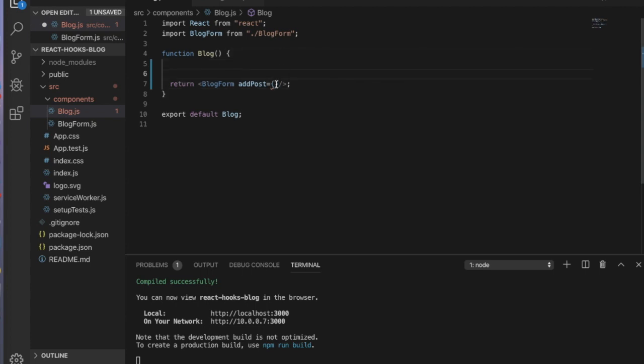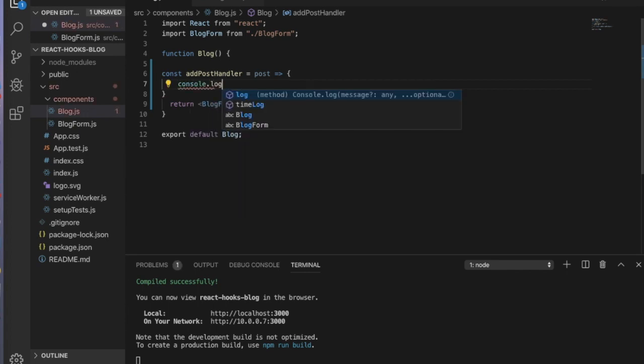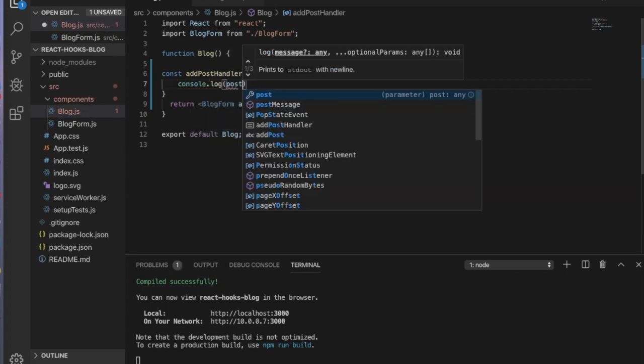We're going to call it add post handler. So I'll just put that in here, and then we'll create a constant, which is the add post handler, which takes in a post and is going to do something. Right now, I think let's just console log whatever post we get,